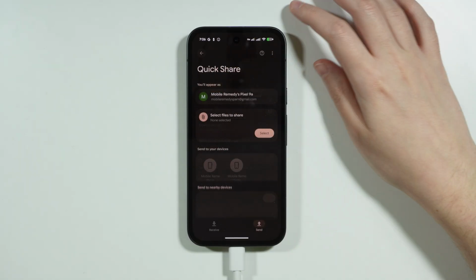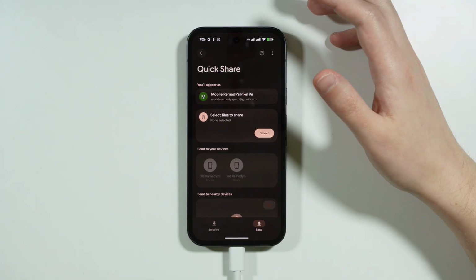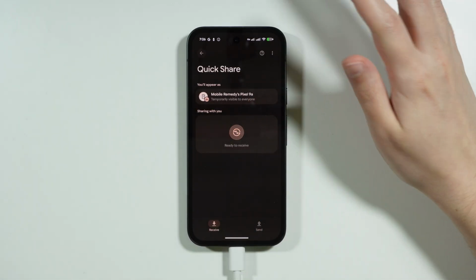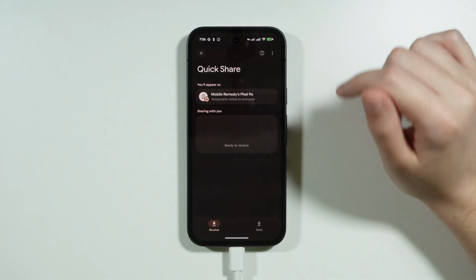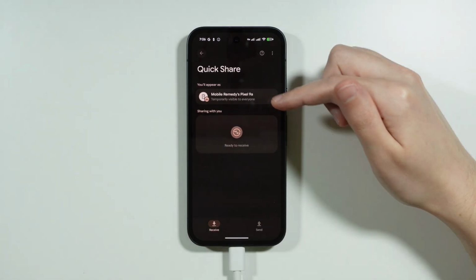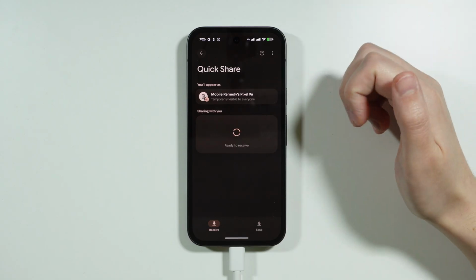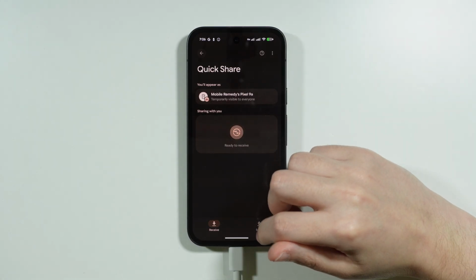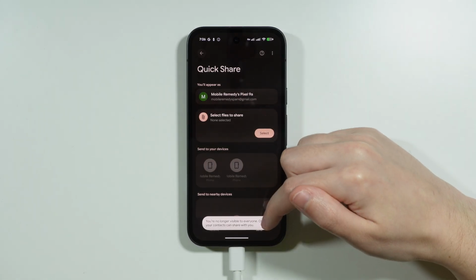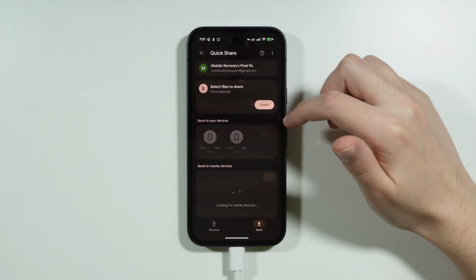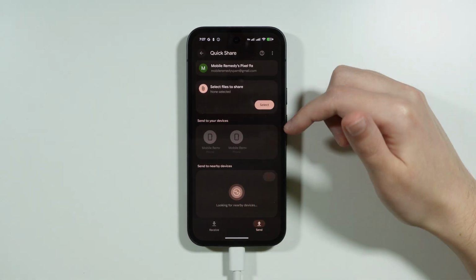Besides that, if you go to Receive section, your visibility temporarily is set to everyone. So even if your setting is changed, if you go to receive in here, you are visible to everyone until you exit this menu. So of course you can just go here and receive files like this as well. And of course, if you want to send file, we have this send option in here. You can decide what you want to send to someone, and then you can select to whom you want to